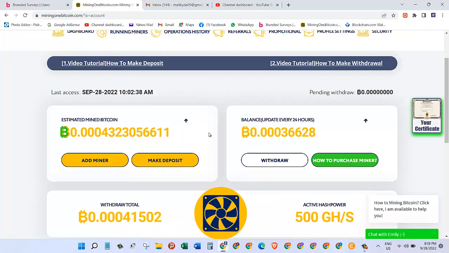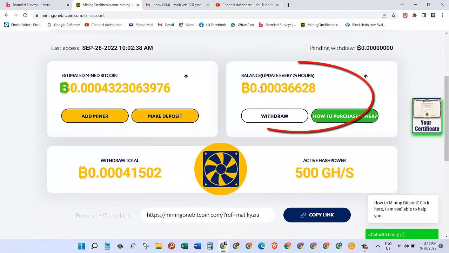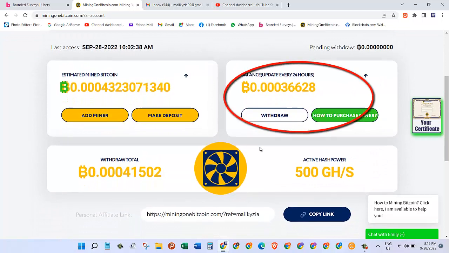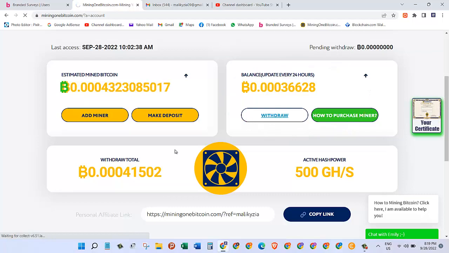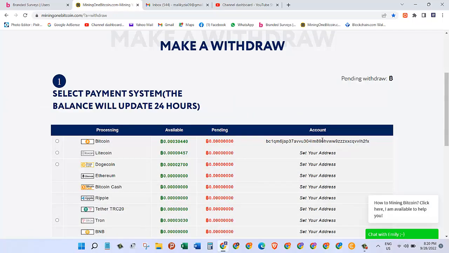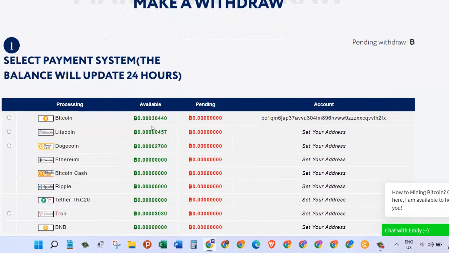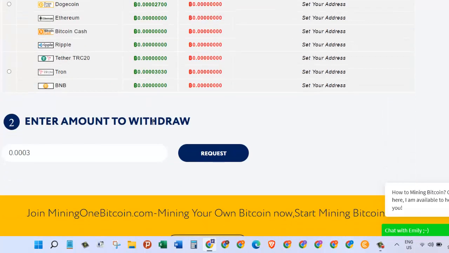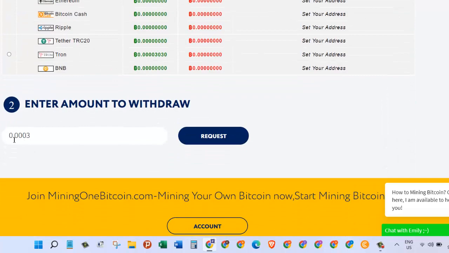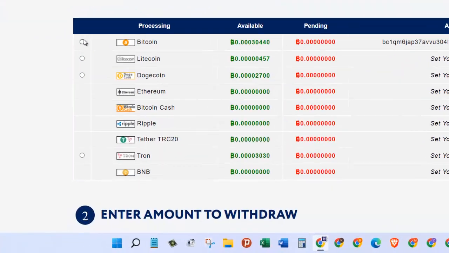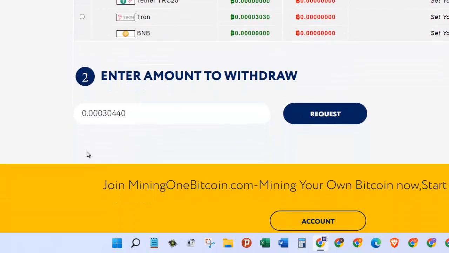The balance I have right now is 0.0036628, and I want to withdraw this. So for that, let's click on the withdraw button. Now the account that I have provided to receive my Bitcoin earning is this one, and right now available Bitcoin is 0.003. To withdraw this, I will click on this radio button, and then as you can see in here